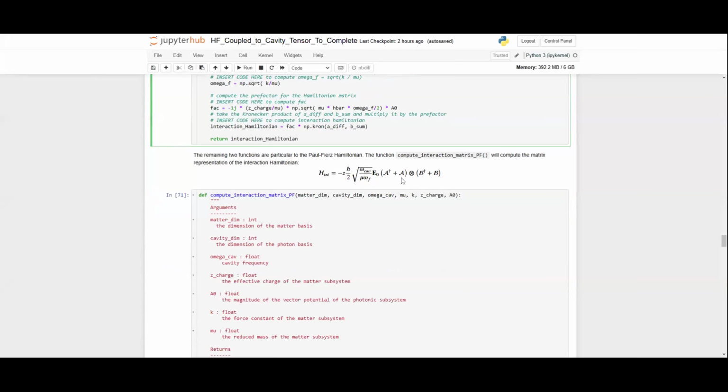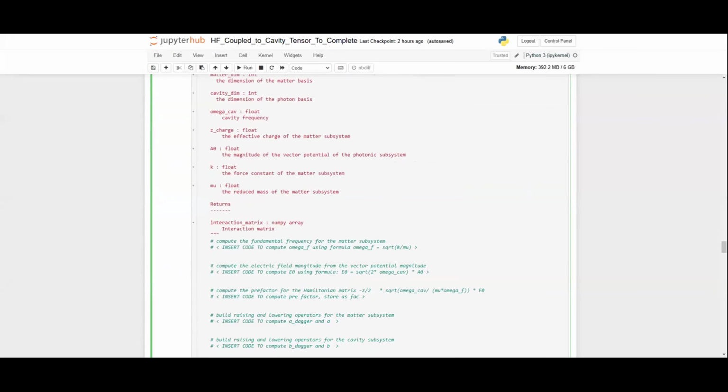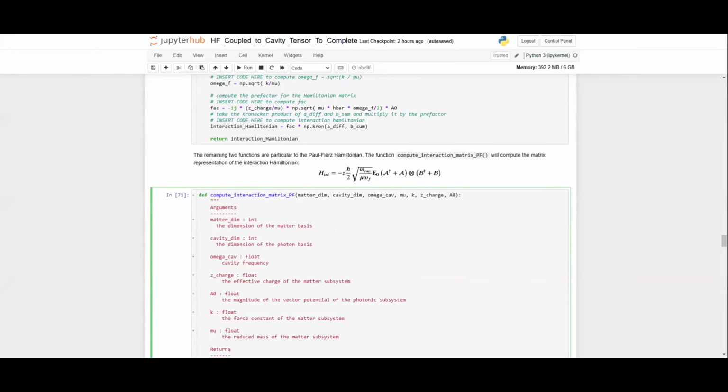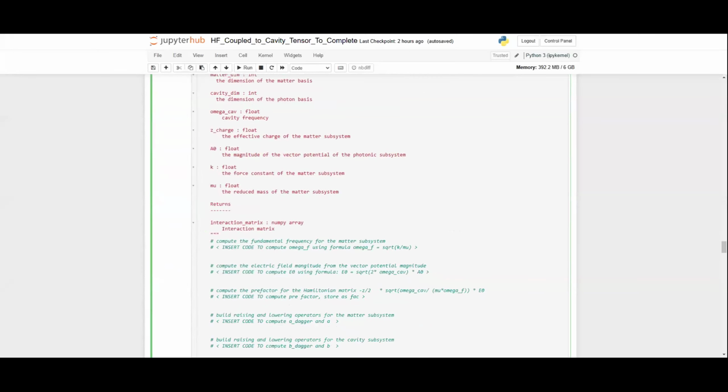Okay, so Ruby just computed the interaction term for the P dot A Hamiltonian, and I will be computing the interaction term for the Pauli-Fierz Hamiltonian here. So we're going to need the A dagger plus A term and the B dagger plus B term, and then we're going to be collecting all of the constant out front into a prefactor term. So first, we're going to need to calculate omega f,